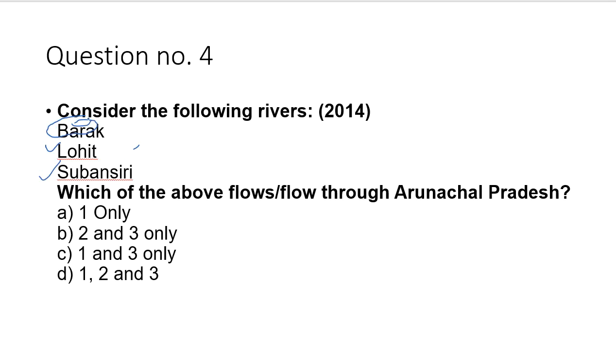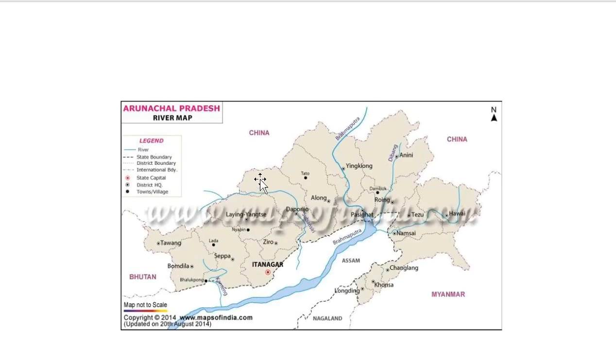Now let me show the map. The Barak River flows through Manipur, Mizoram, that area, right? Now look at this. This is the Brahmaputra River. This is also called the Dihang River, right? This is the Dibang River. This is the Lohit River. So both the Dibang as well as the Lohit River flow through Arunachal Pradesh, and they both are tributaries of the Brahmaputra River. While the Barak River,